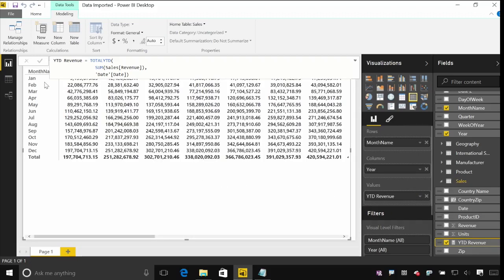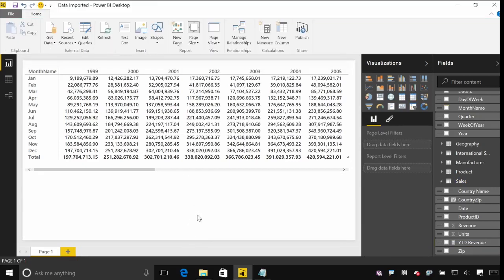And now I can see my report has a running sum across all of the different months, adding up to a total at the bottom of the year. And you can see this was sliced by year. Let me just close this out of the way. You can see this was sliced by year here, but I could equally recalculate this for any other